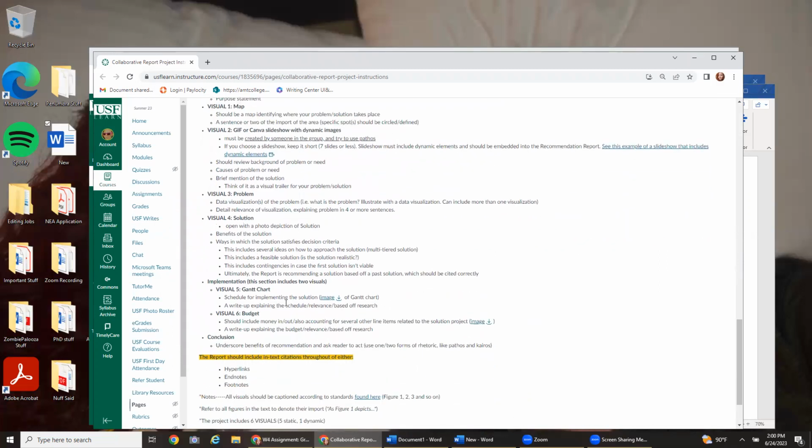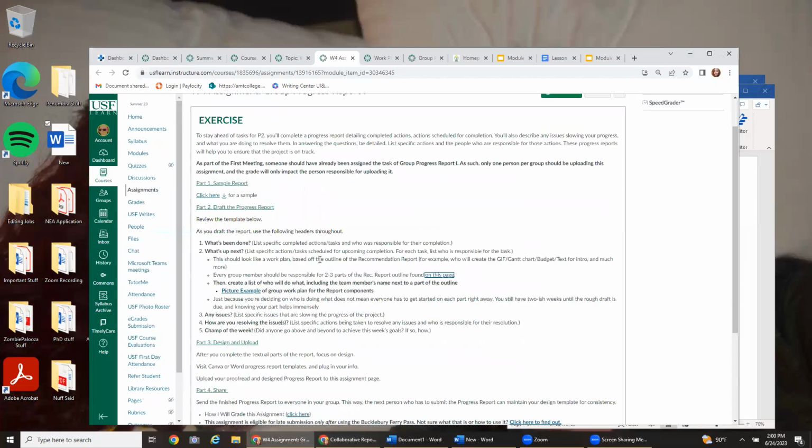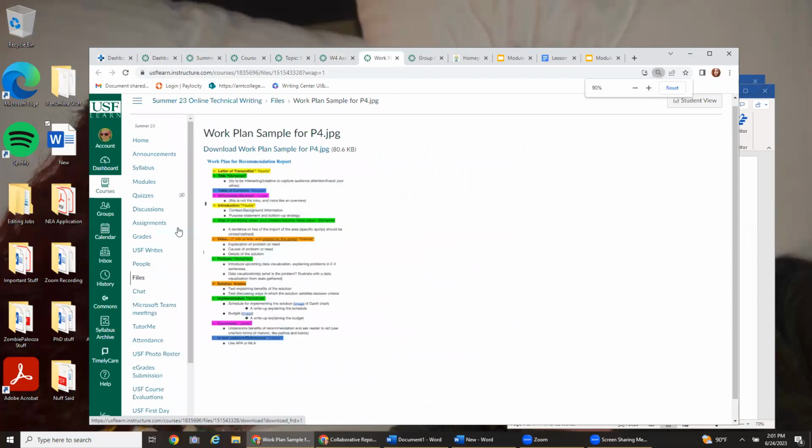You assign it to them and you guys can figure it out later, but I do want to see that you're thinking about 2 or 3 bolded items per person as part of that work plan that should be included